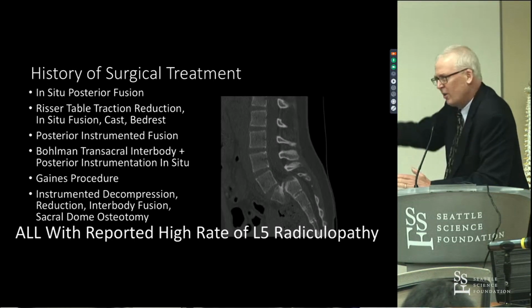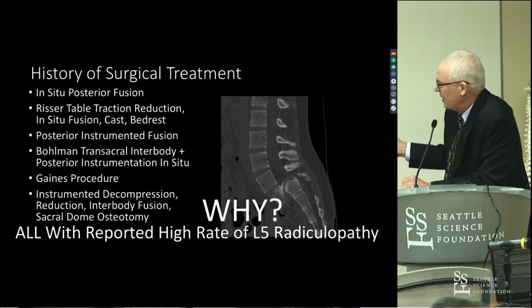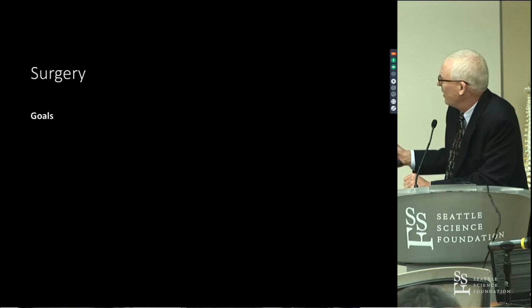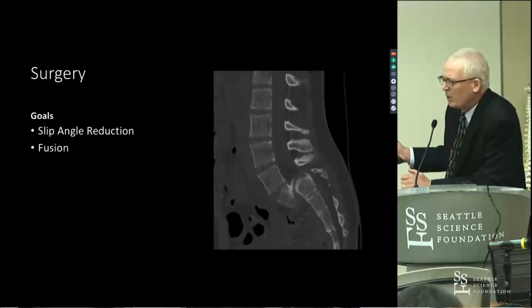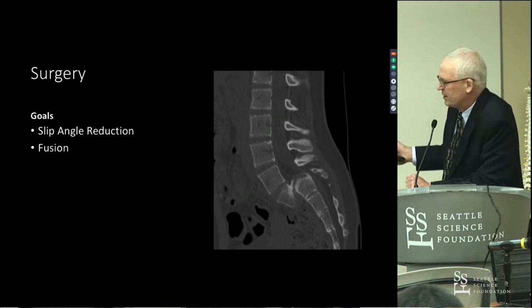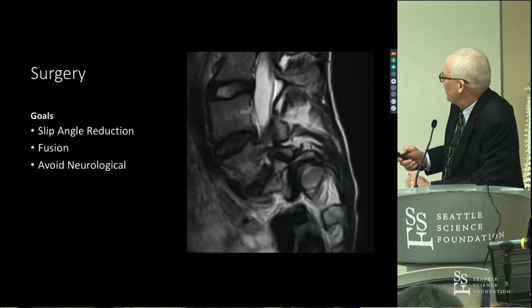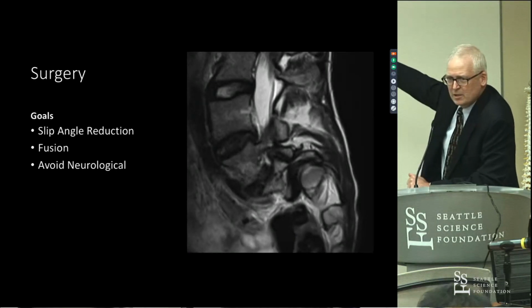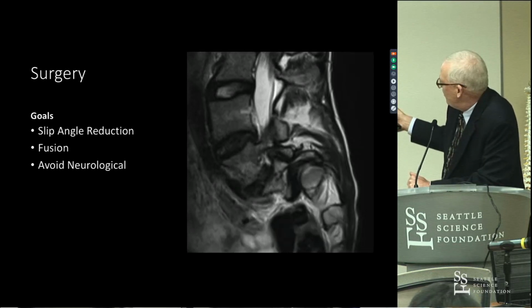All of these series have high rates of L5 radiculopathy, even if you don't stretch it. Why? Okay, so what are our goals? We're going to reduce the slip angle. We want to get it to fuse so it won't progress and they'll feel better, because a lot of the pain is just the degenerative wear and tear in the disc space. And we want to avoid radiculopathy. And we want to avoid pithing them at L5-S1. So we're going to be really careful when we do their Gill laminectomy. Then we're going to do some foraminotomy, but